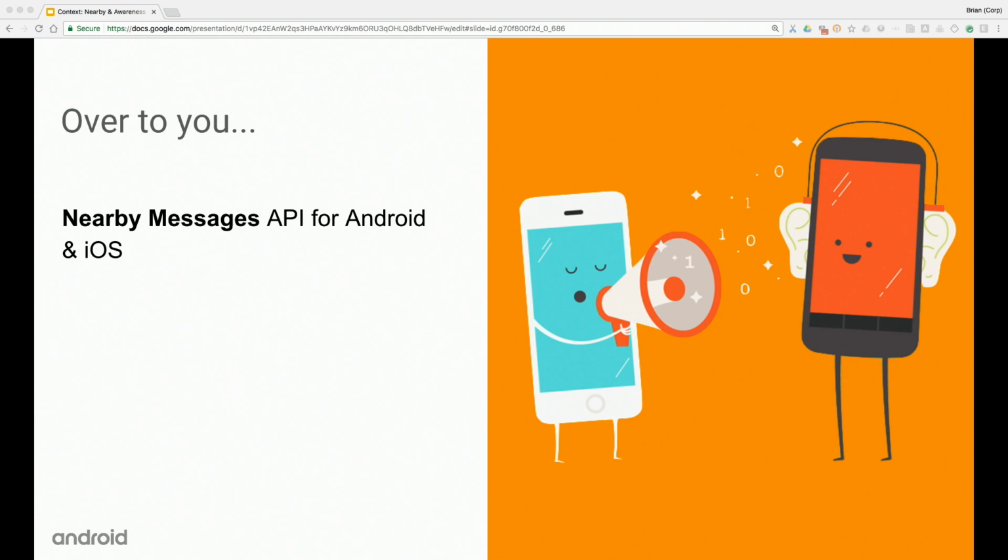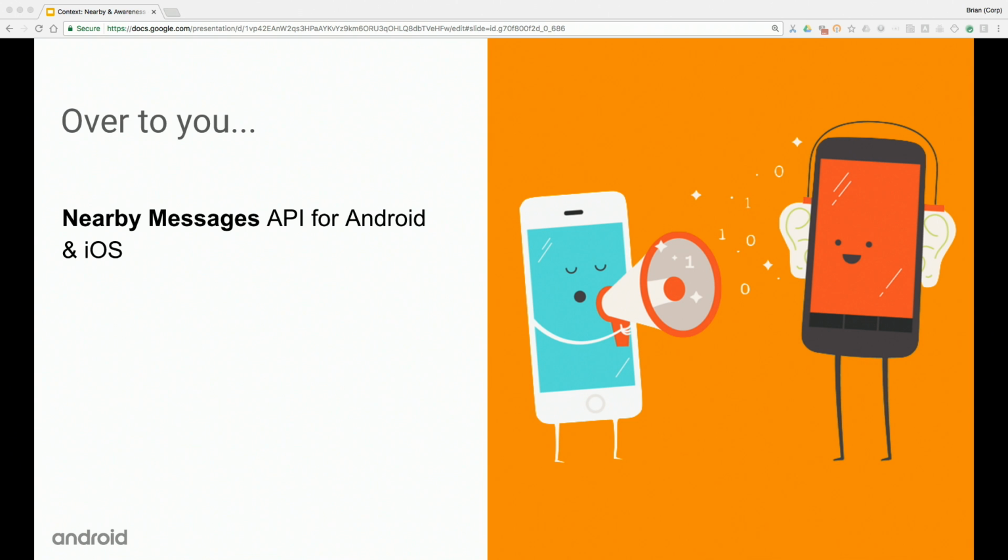So since it worked pretty well for that use case, we actually built a couple of other things as well, but we figured the best thing we could do at that point was to take all of the grungy signal processing work that we did and the dealing with the radio stack and the Bluetooth stack on Android, and just encapsulate it in a simple API, and then publish that API to developers, and pass the buck and say, you go ahead, developers, and build really cool things with this.